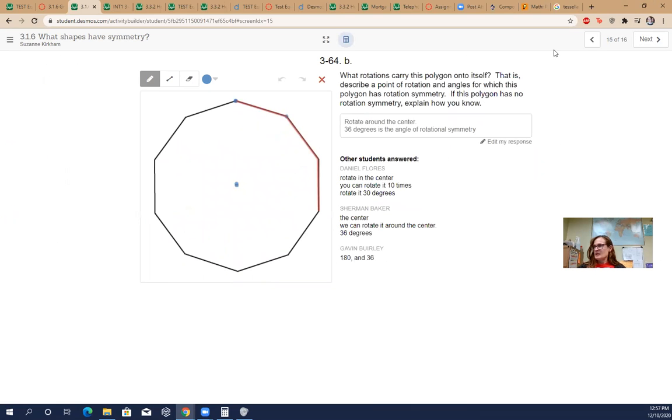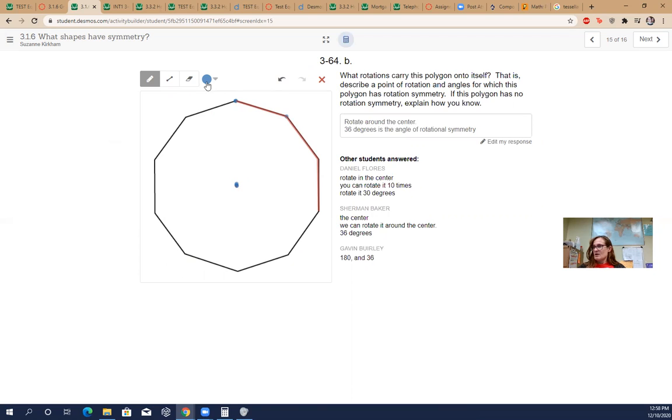Page 15, what rotations carry this polygon onto itself? That is, describe a point of rotation and the angles for which this polygon has rotation symmetry. If this polygon has no rotation symmetry, explain how you know. Okay, so if we were to rotate it about the circle or about the center, so wherever the center is,